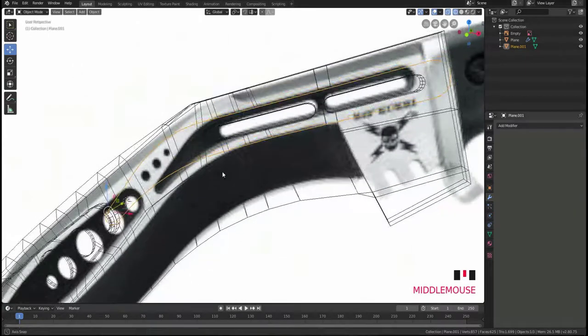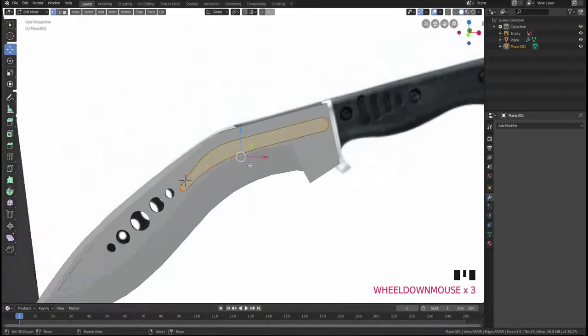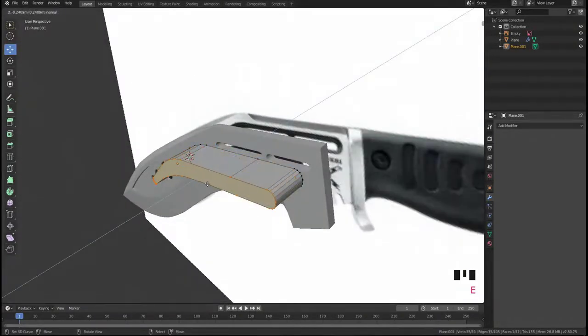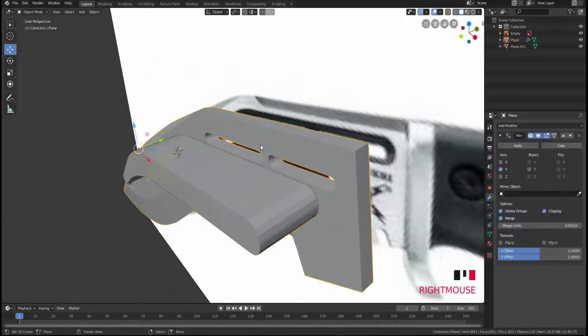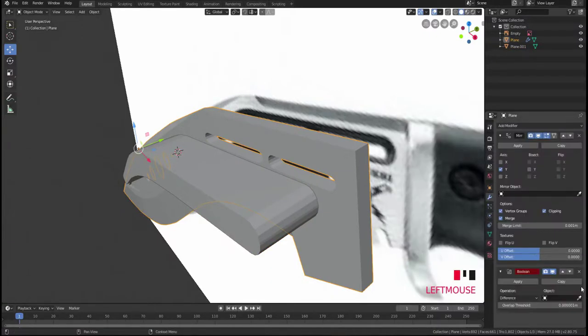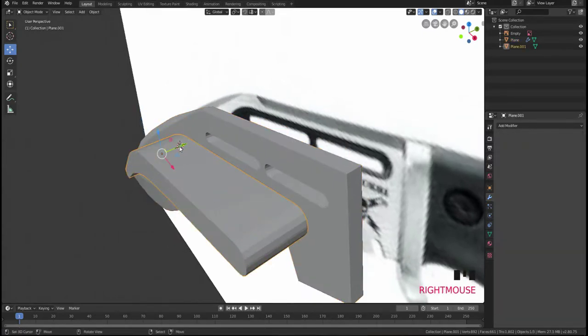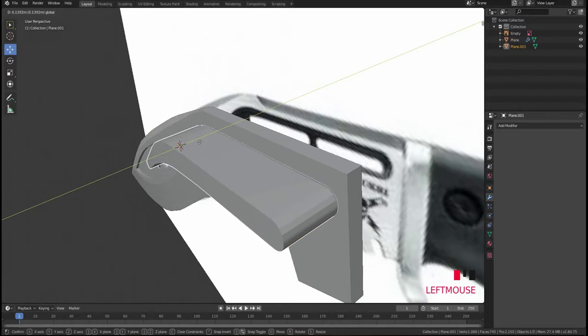Okay, I'm going to leave it, and I'm going to select everything and extrude like so. And of course I'm going to add a boolean modifier. Select our object, move it up and insert it in the object,